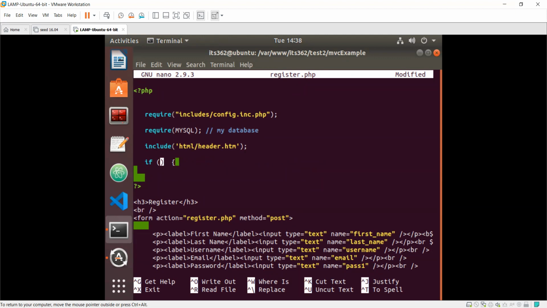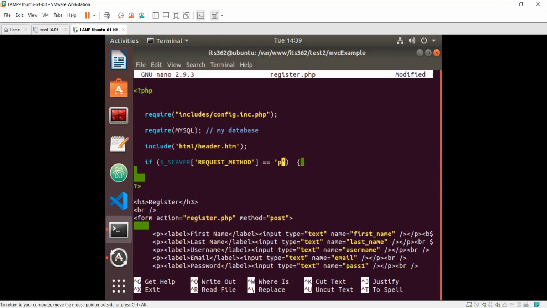We need to basically check to see if we have a post method. So we can say if server request method equal post,